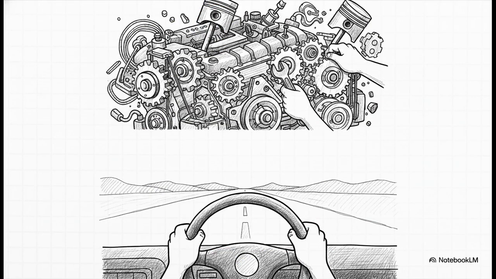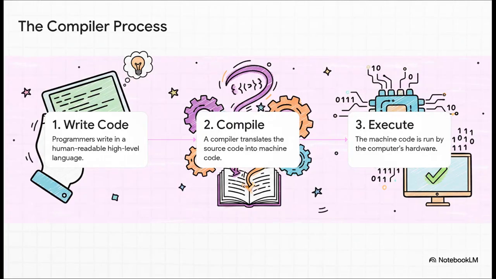I love this analogy because it's just so perfect. Think about it. Before Fortran, programming was like being a mechanic who had to build a car from scratch, piece by painful piece, every single time you wanted to go somewhere. High-level languages handed programmers the keys, the steering wheel, the gas pedal. Suddenly, you could just drive. You could focus on where you wanted to go instead of worrying about how every single part of the engine worked.